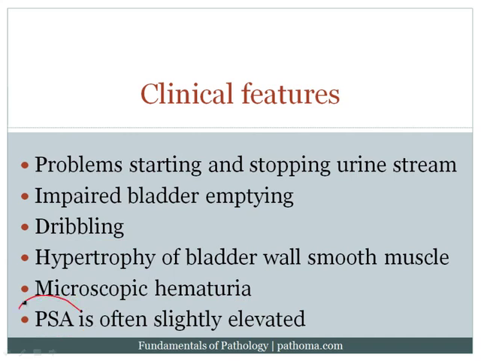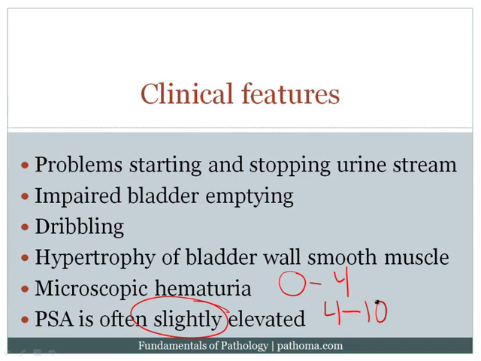Now, the reason why the PSA is elevated is because PSA is produced by the prostatic glands. And so if there are extra prostatic glands because there is hyperplasia, there will be an increase in PSA as well. But at the same time, it's important to note that this is only a slight elevation, so that the normal PSA ranges from 0 to 4. Generally speaking, in BPH, the PSA will range from anywhere from 4 to 10,